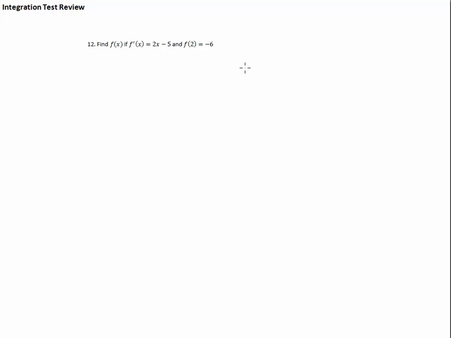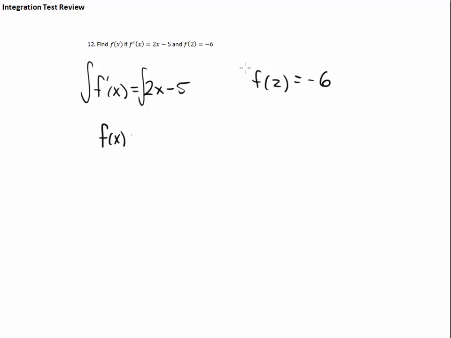Okay, problem 12. It says, find f of x if we know that f prime of x is equal to 2x minus 5, and we know that if we plug 2 into our original function f, we get out negative 6. So we're finding the antiderivative. We want to find f, the antiderivative of f prime of x. So let's take the antiderivative of both sides. The antiderivative of this is f of x, and the antiderivative of this is x squared minus 5x plus c. There is the general solution to this